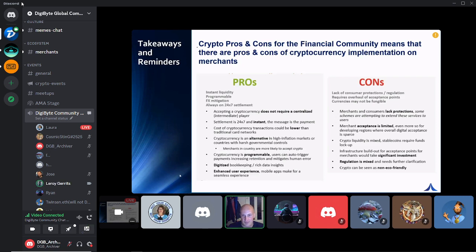But in order to do this, you need to run your DigiByte node, which costs money, and it all comes down to money in the end. So for a payment provider to accept a certain currency such as DigiByte, there needs to be enough liquidity for them to actually make a profit from it, because running a node costs money. You need the node for stuff like that.